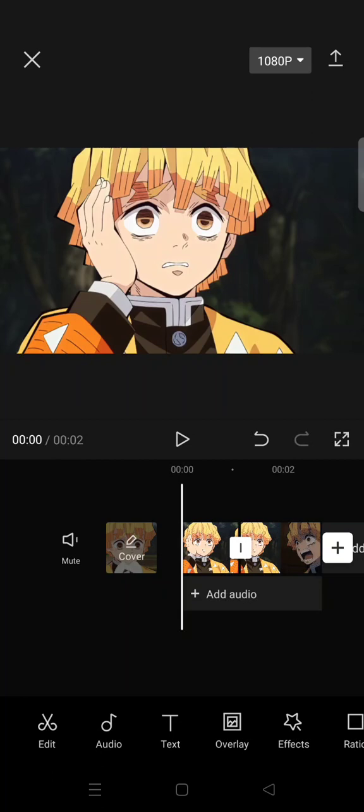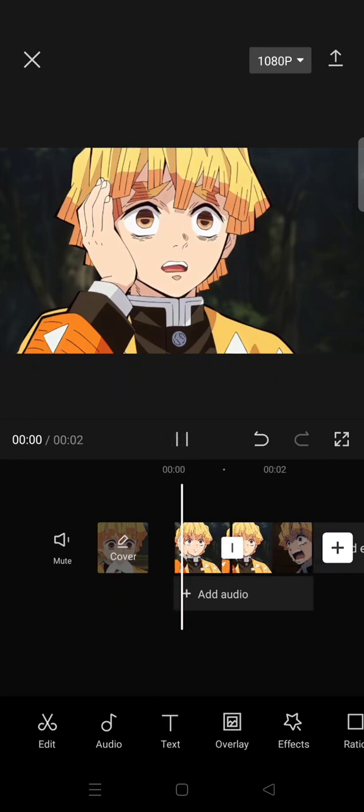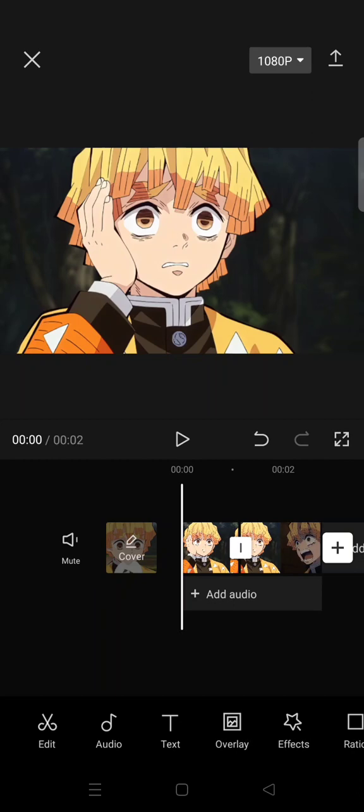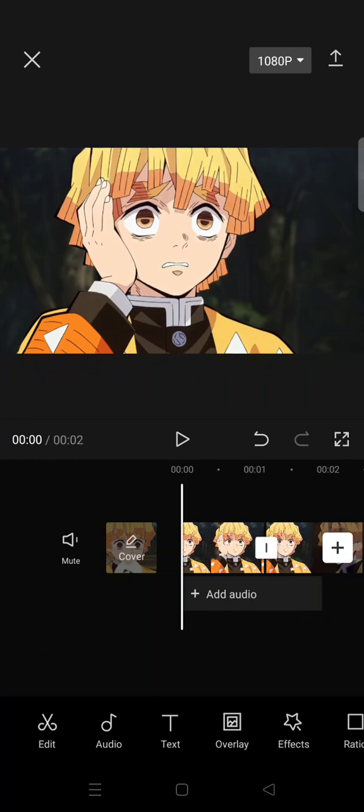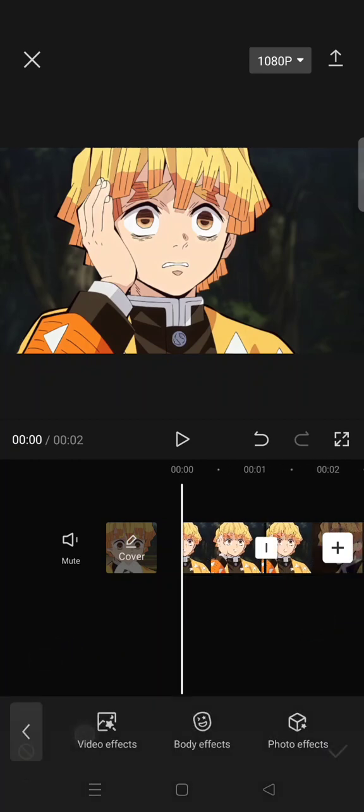On today's tutorial, I'm going to show you how you can add a keyframe on the effects applied to your clips. So here, if you guys didn't know, we can add keyframes now on the effects we apply to the videos on CapCut. So here I'm going to just start by adding an